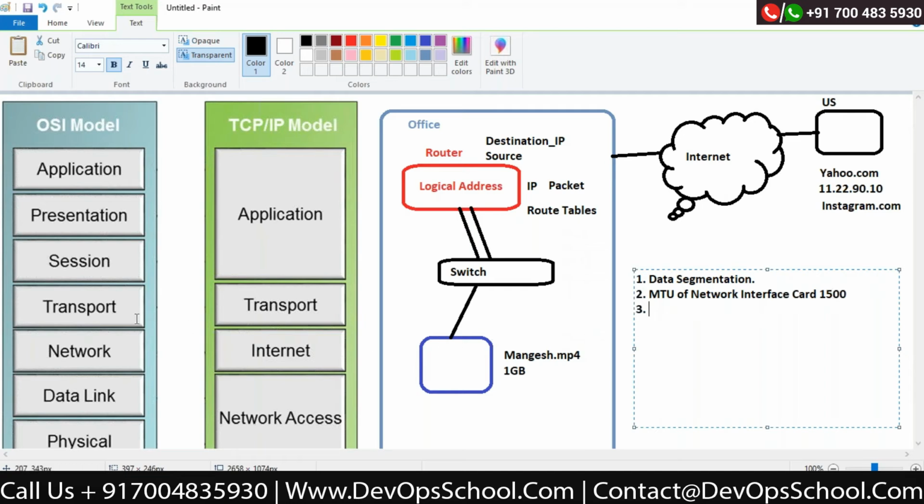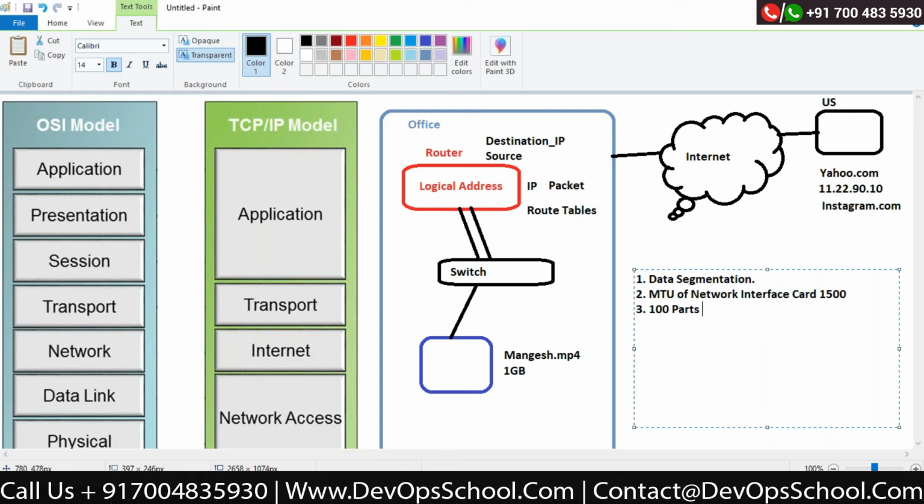So based on my maximum capacity, my transport layer will start doing the segmentation. He will divide the 1 GB file into 100 parts, that means 100 different segments. Remember that here the unit we are using is called a segment.